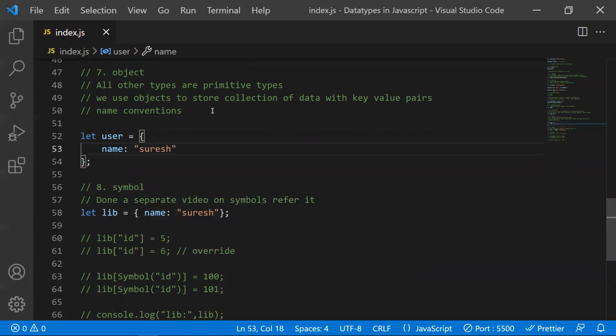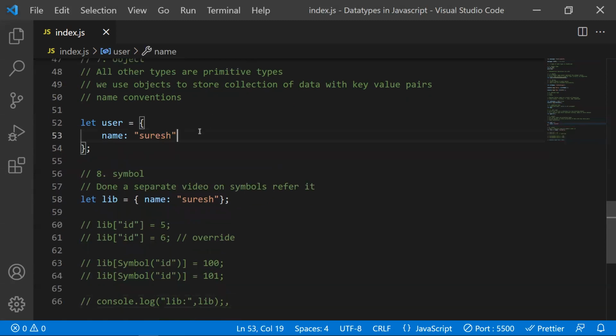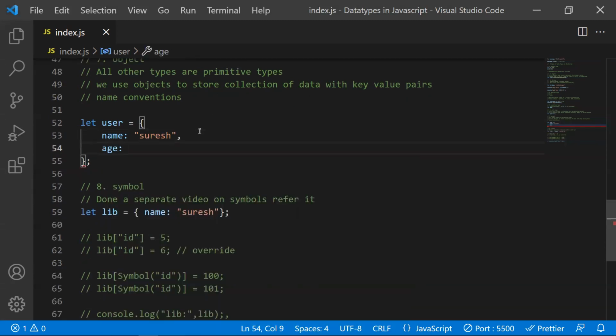Okay, you can define the key here, and you can define the values. So these are the keys and these are the values. Name is a key property, and this is a value property. So you can create a complex data structure with the object. So this is considered an object now. All the key properties by default will be converted into strings, and the values can be of any type. It can be string, number, boolean, anything, and even an object can be a property here. So this is a brief about objects.